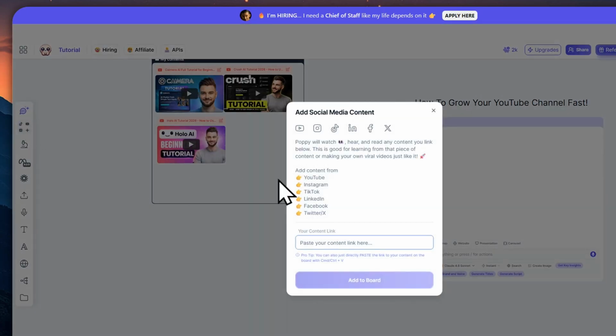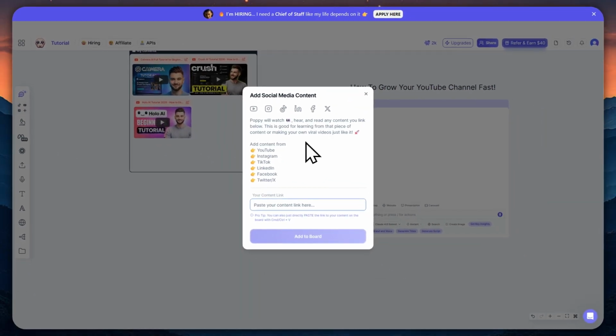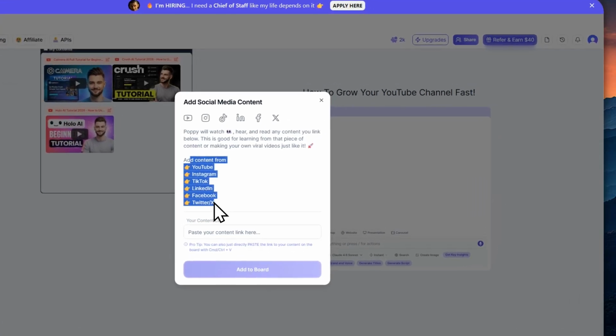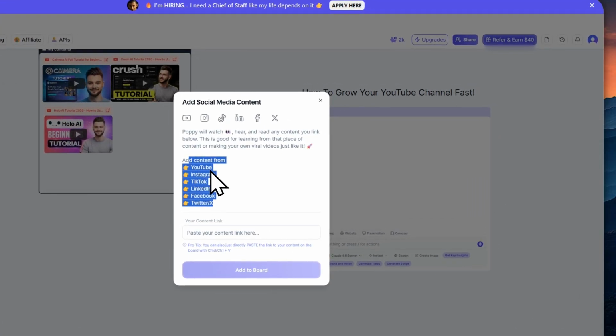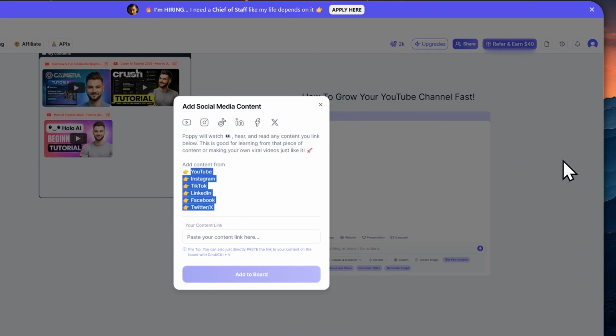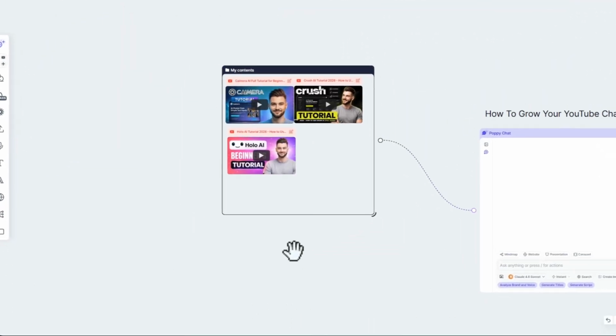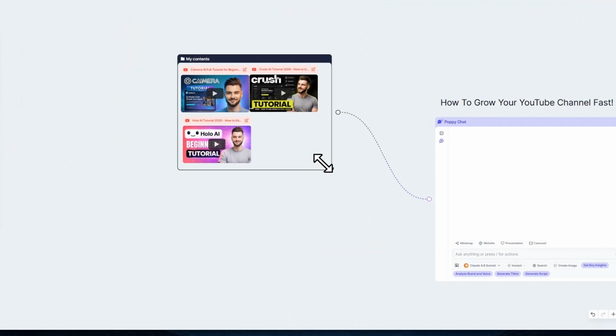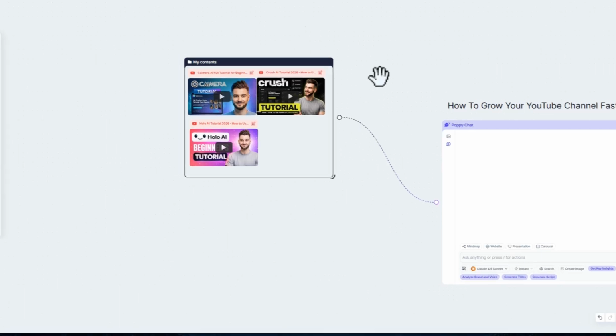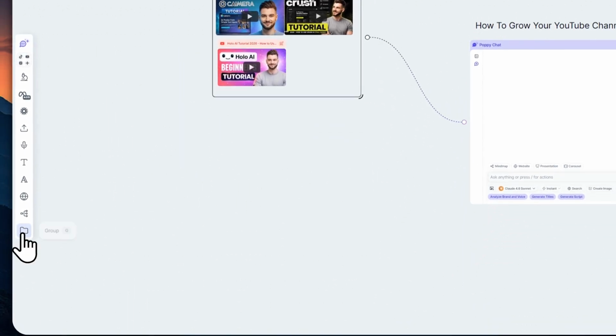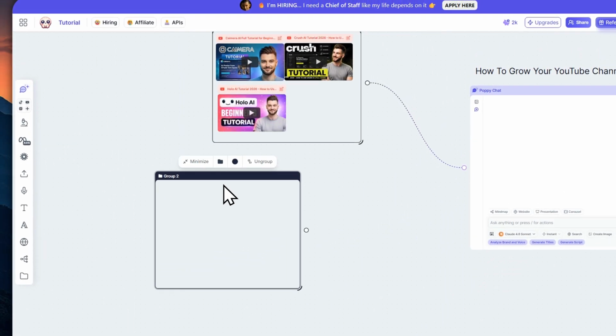However, this is still useful if you'd want to add content into other social media platforms in here, just so that you can see where you can add your contents from. So that's it. And now let me just resize this just like that. I think that's enough. And now I'm going to create another group. And from here, I'm going to go for